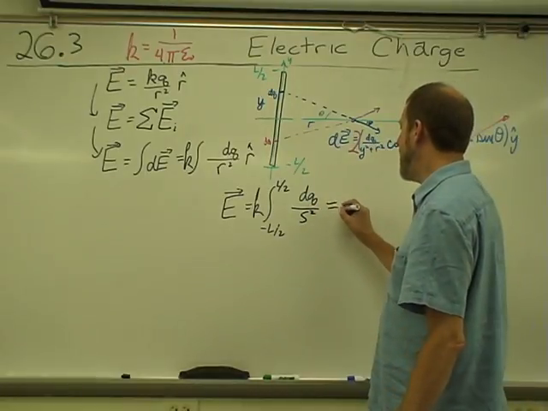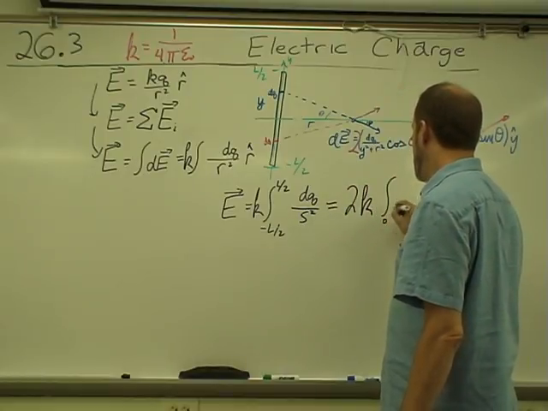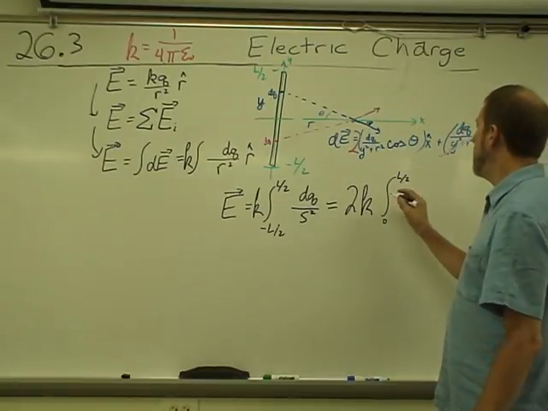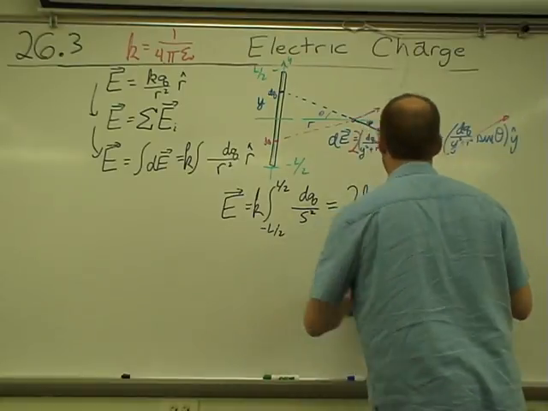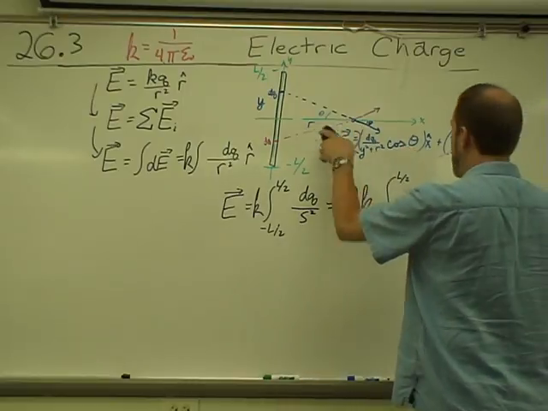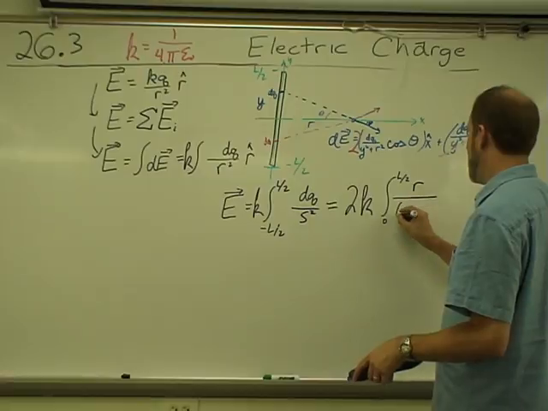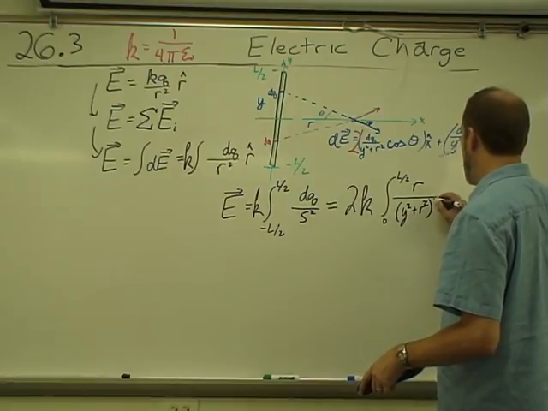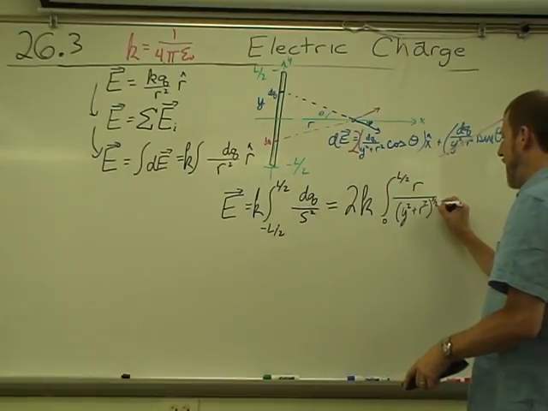I could say instead that that's 2 times the integral from 0 to L over 2 of the cosine of this angle, which is the adjacent, r over y squared plus r squared to the 1/2, which becomes to the 3/2 when that comes in,